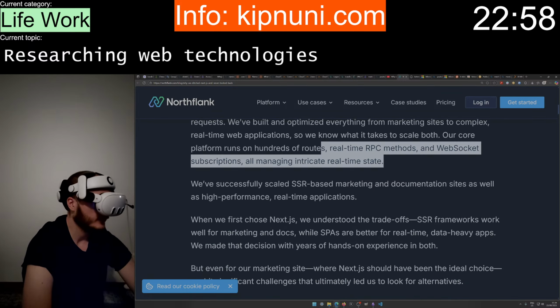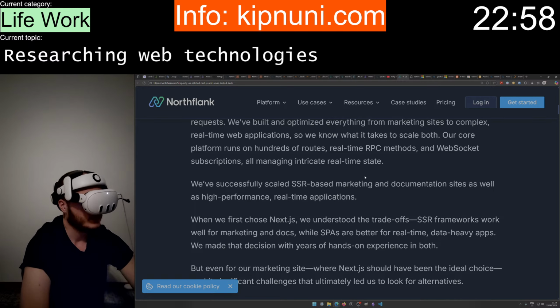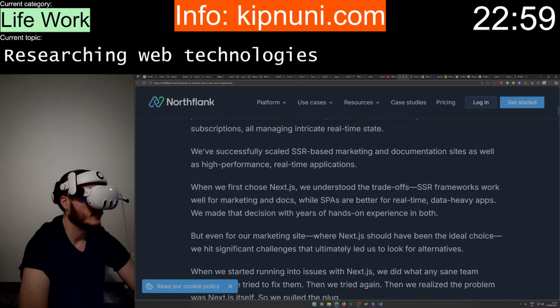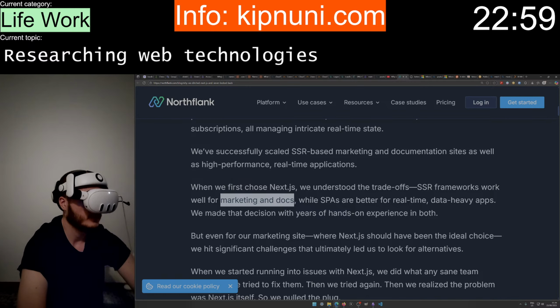Yeah, they do a lot of stuff. We successfully scaled documentation sites as well. Marketing and docs. Single page application for real-time data heavy apps.